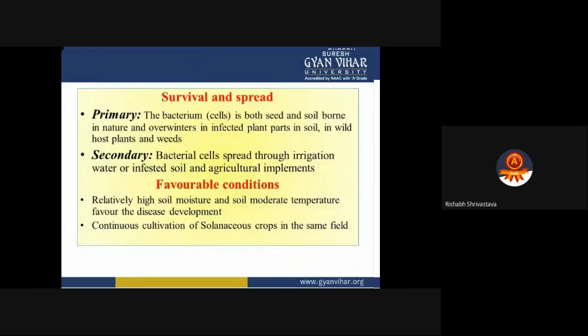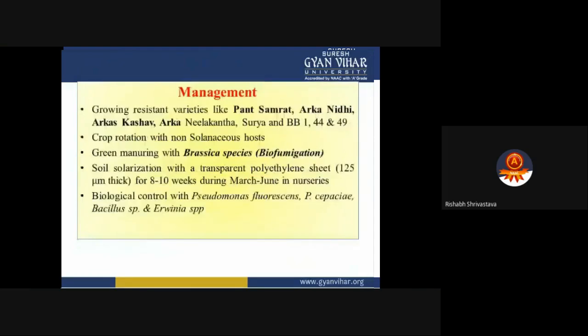Continuous cultivation of solanaceous crops in the same field. Management: growing resistant varieties like Pant Samrat, Arka Nidhi, Arka Keshav, Arka Neelkant, Surya, and BB 1, 44, and 49. Crop rotation with non-solanaceous hosts, green manuring with Brassica species, biofumigation,